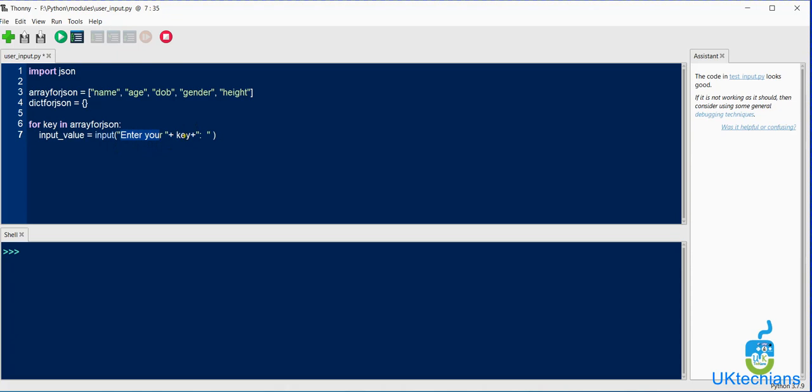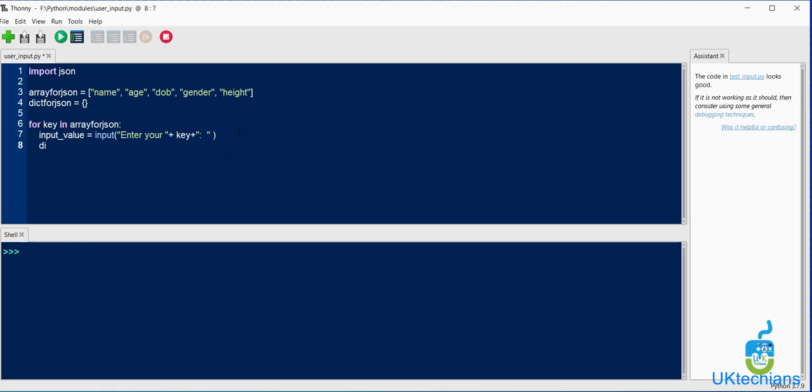The key contains these keys. For example, it says enter your name, enter your age, enter your date of birth, enter your gender, or enter your height, right? Then it will save in this variable, and then this variable will be stored in the dictionary.